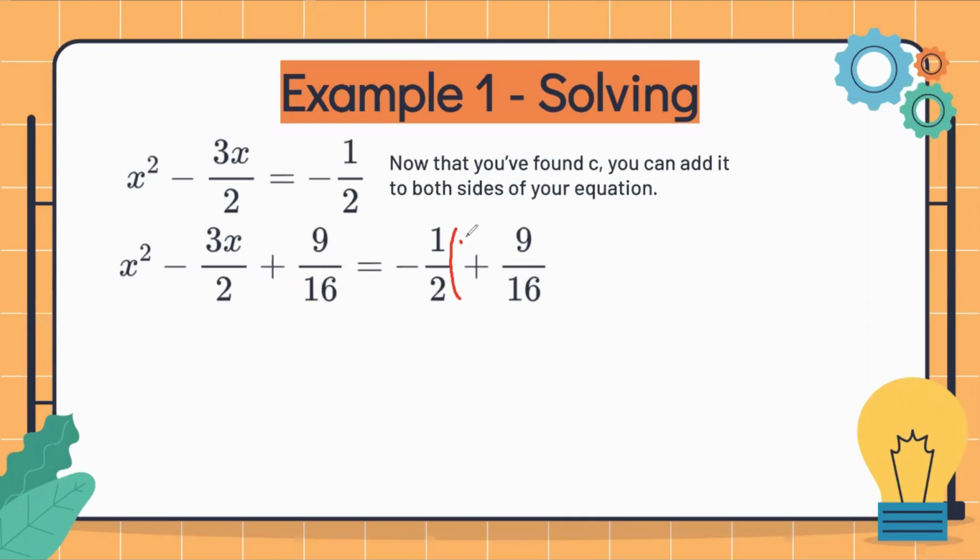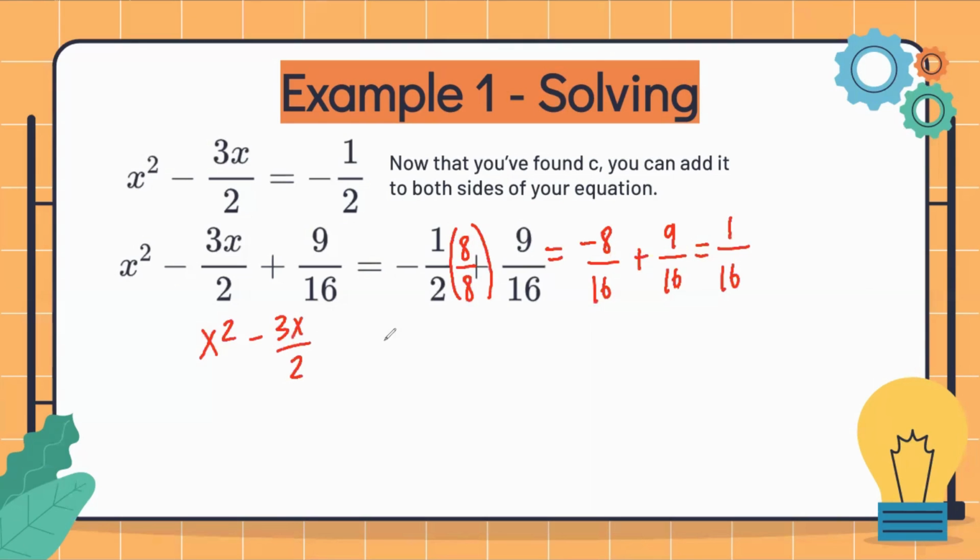I can make a common denominator of 16 just by multiplying negative 1/2 by a factor of 8 over 8. That would give me negative 8 over 16 plus 9 over 16. Now negative 8 plus 9 just simplifies to positive 1 over 16. So your final equation would simplify to x squared minus 3x plus 2 plus 9 over 16 equals 1